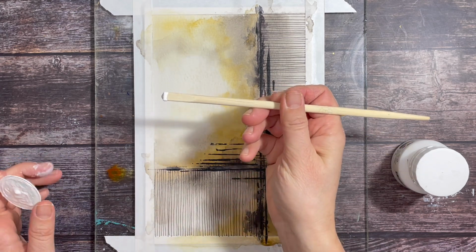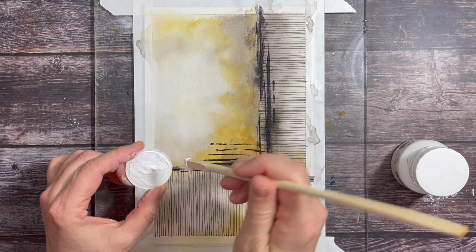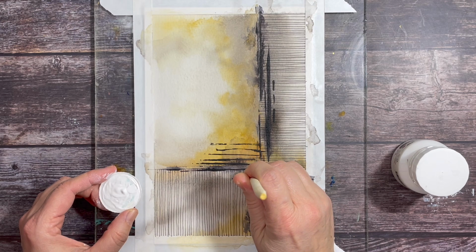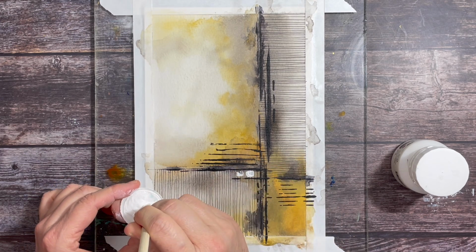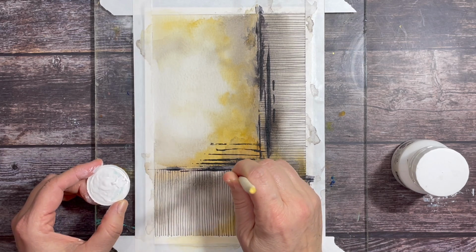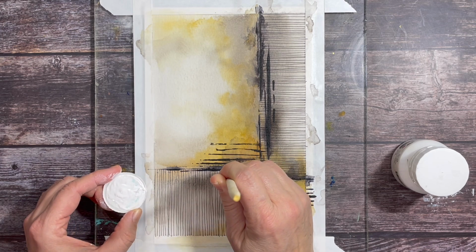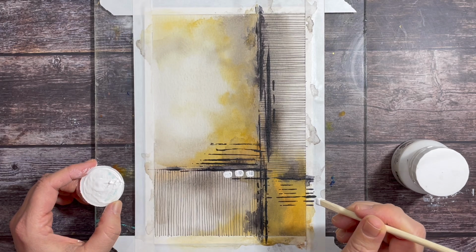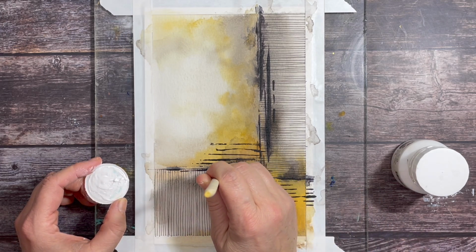Now I want to add some elements of white to my painting, and I could use gouache. In fact, I do have gouache and I use it on occasion, but I also have gesso on hand, and gesso is pretty inexpensive. I usually have it in pretty large quantities because it's something I use a lot in my studio. And so I'm just going to come in with some white gesso, and in this case the tip of a chopstick,